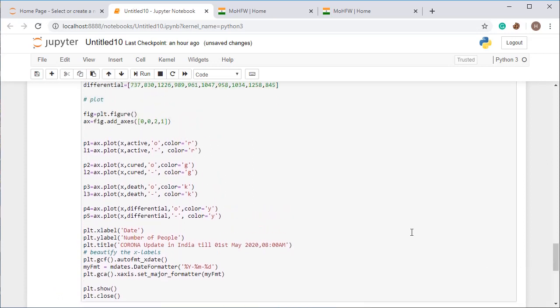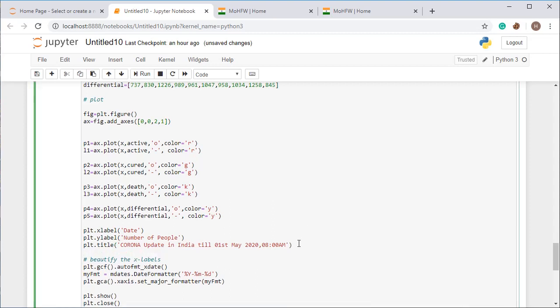So for that we have to use the command for legend, and that one is ax.legend, which will be adding the legend, and then I'm passing the values for labels. Labels is equal to, I'm passing labels like active, and then I'm passing label as death.